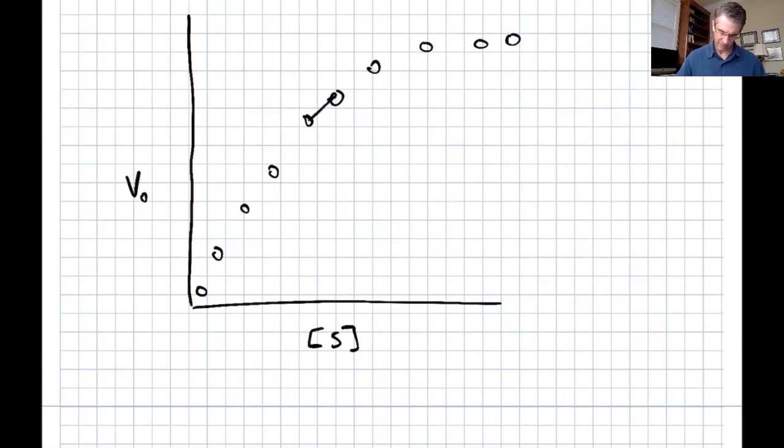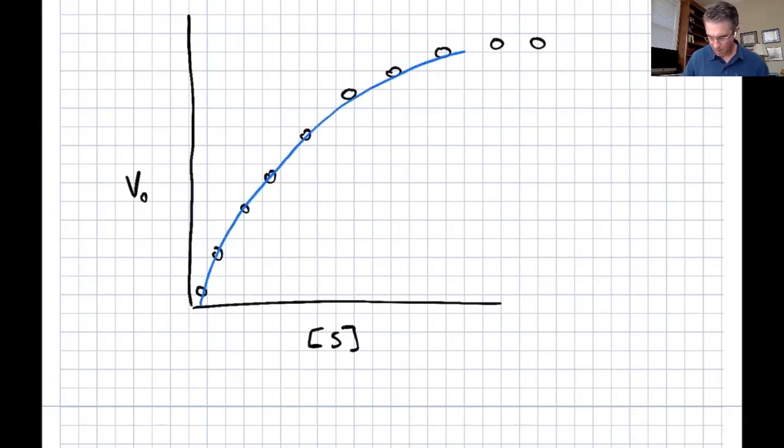I'm trying to wing it this way. Yeah, that's better, right? So now you would take this data. Of course, it better have a shape that looks something like that. Specifically, it better have